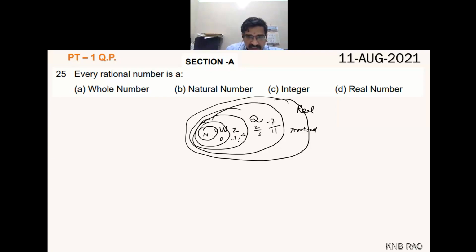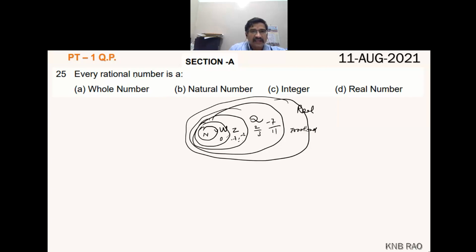your bathroom is part of your room. Your room is part of your house. Your house is part of your colony. Your colony is part of Bijapur. Bijapur is part of Karnataka. I cannot say the whole of Karnataka is part of your bathroom. Is it possible? No, sir. That is wrong. So vice versa is not correct. Okay? Your kitchen or your room or your house is a part of Karnataka, not vice versa.